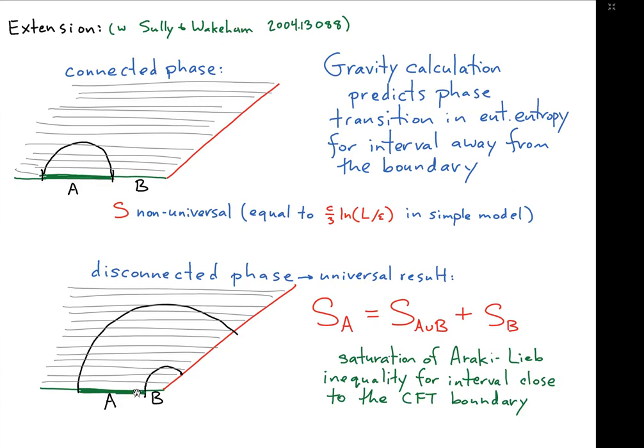If I think about this entanglement entropy as coming from some Bell pairs, with one of them inside A, where will the other be? If there's just a bunch of Bell pairs from A out here, and then a bunch of Bell pairs from B in here,